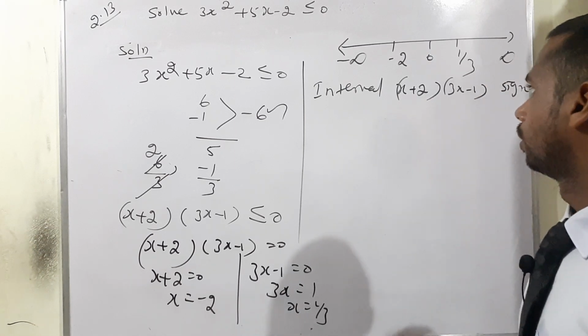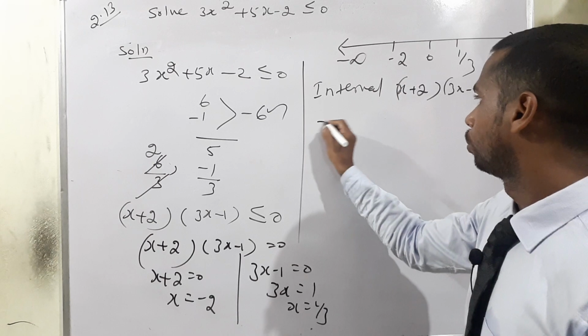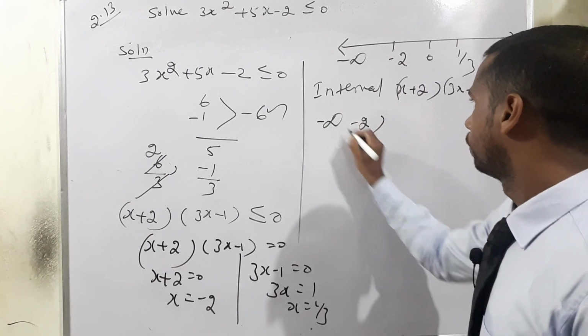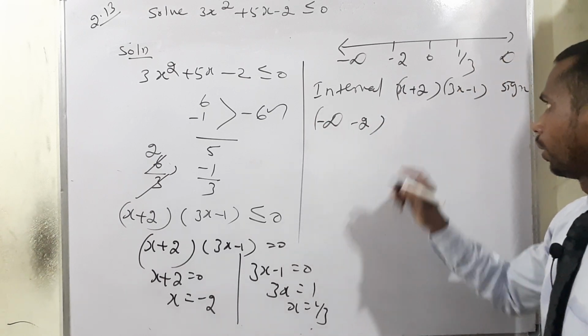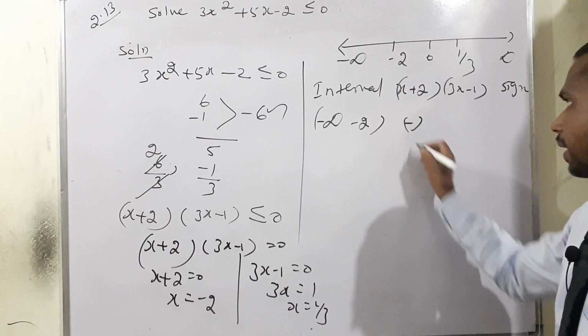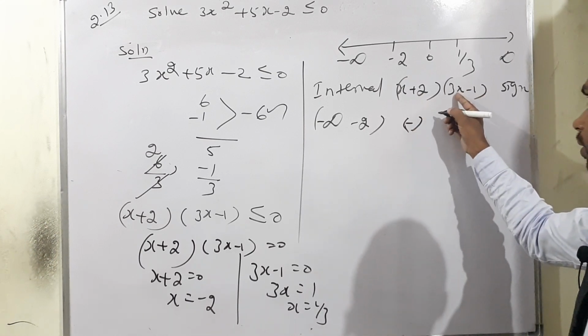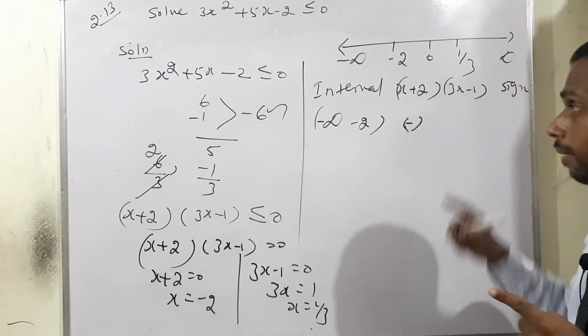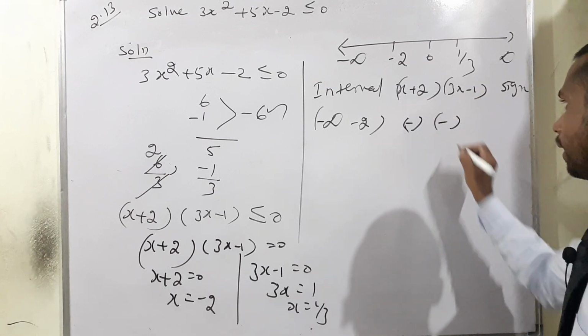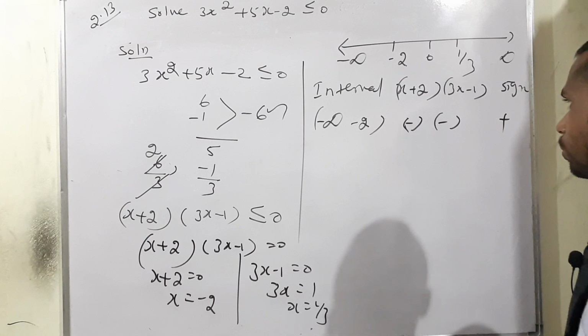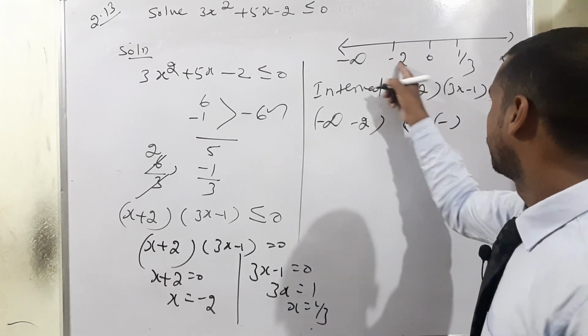Okay. Interval minus infinity to minus 2. Take negative 3, so negative 3 plus 2. Sign only is important, so negative sign. Next one, 3 into negative 3 means negative 9, negative 9 minus 1 means again negative. So minus into minus is positive. Next case, minus 2 to